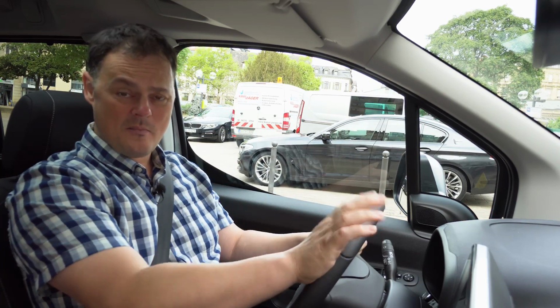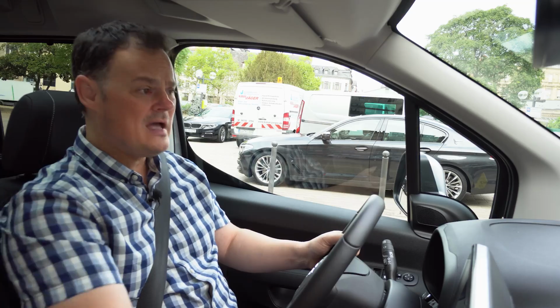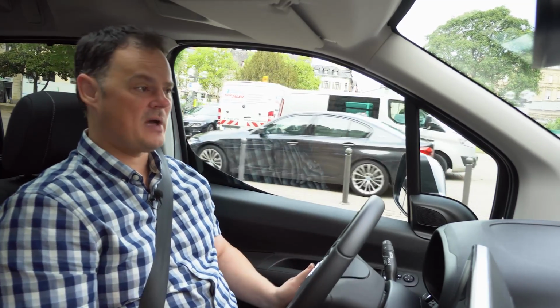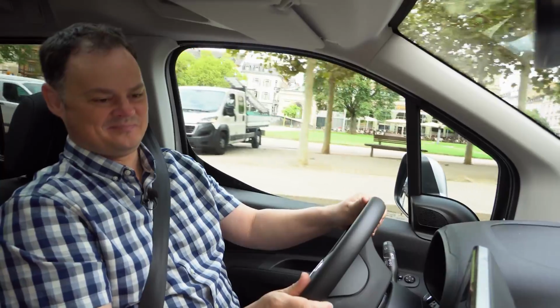So this is a 1.5 litre diesel engine. It produces 300 newton meters of torque and 130 horsepower. How does all of that come together? Well, it actually...